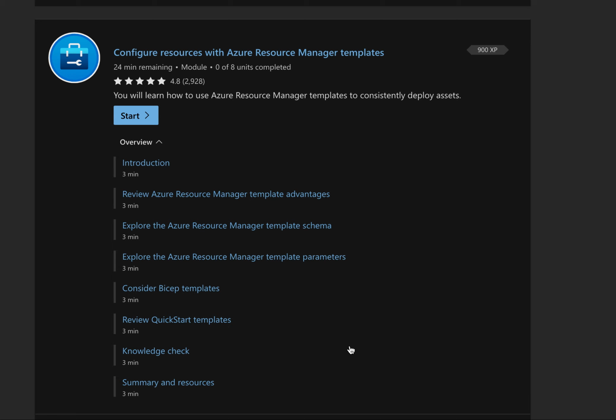So we are looking at prerequisites, and now we are on module 3, which is configure resources with Azure Resource Manager templates. You learn how to use Azure Resource Manager templates to consistently deploy assets. All right, so